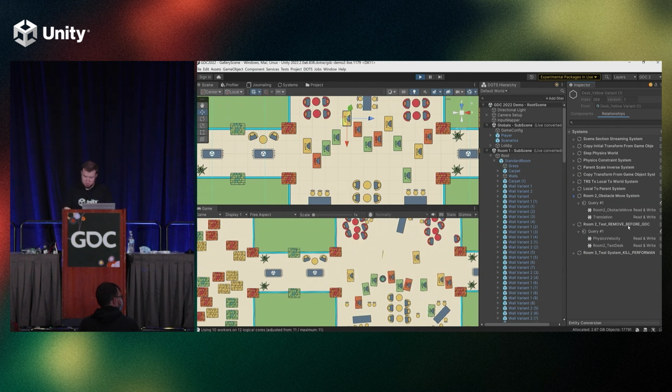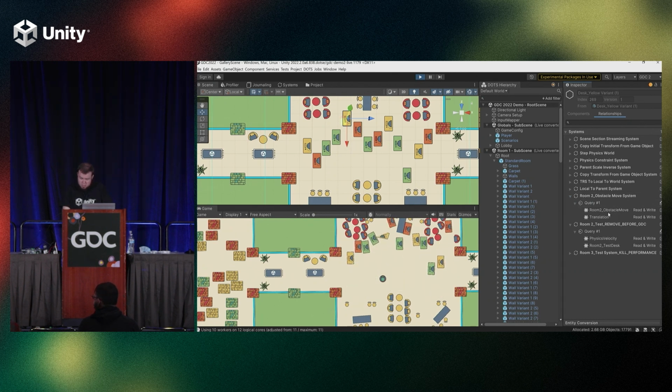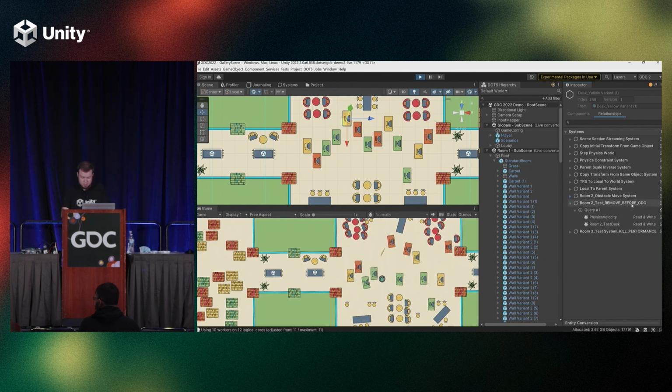And what we can do is we can look at their queries and gain some insight. So looking at the obstacle move system, this one is writing potentially to obstacle move as well as translation. And translation is just translation, does not include rotation. So this is not the system that we want. This is an innocent system. Apart from the name, if that name was not so obvious, we can look at the query and we can see that we're potentially writing to physics velocity, which does include rotation, as well as matching on this test desk